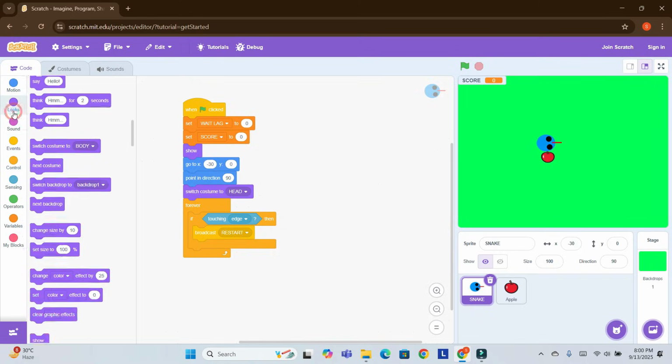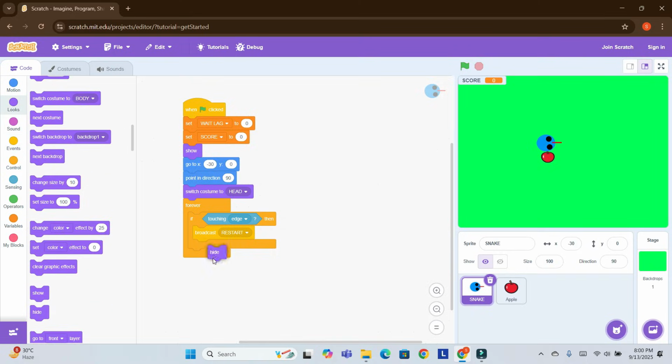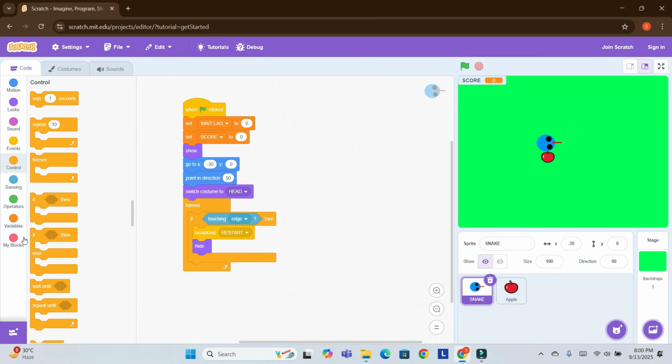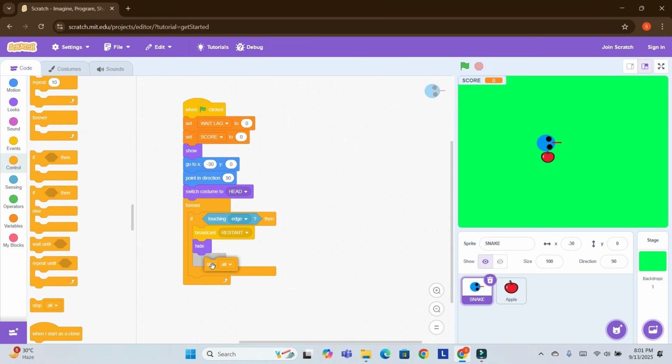And then go to looks and then hide, then control, stop all. It means when we click the green flag, wait lag and score will be set to 0 and our character will be shown and its position will be minus 30, 0. Forever means repeated. And if touching edge, broadcast message restart, hide, stop all. It means it will hide and stop all.